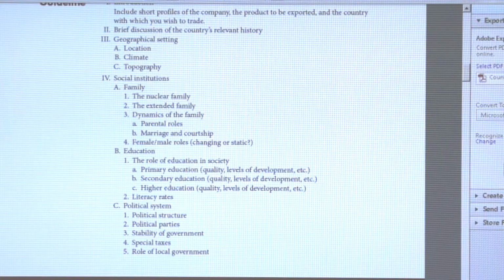And then role of local government. Is the local government it, or is the central government it? How powerful are the localities? Again, in some countries, the city-states, or however you want to put them, rule. In some countries, tribal organizations, tribal groups rule. You have a very weak central government. In other places, you have a very, very strong central government. So again, this is just a quick overview.